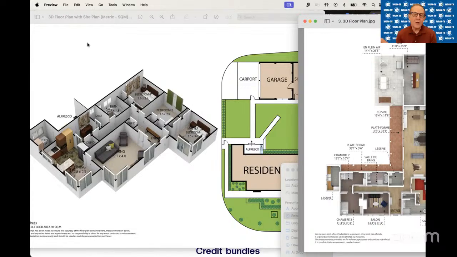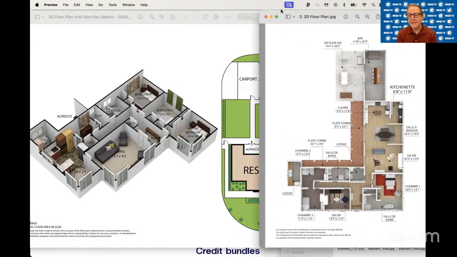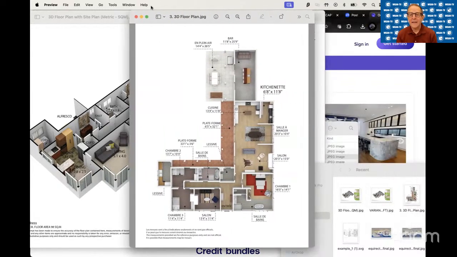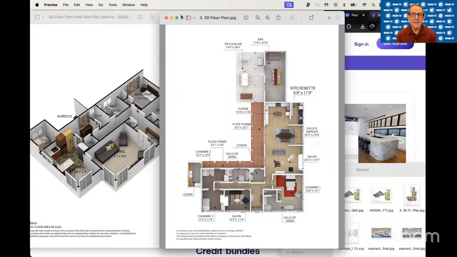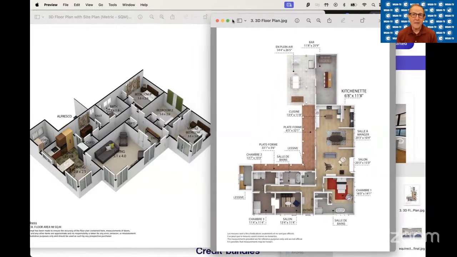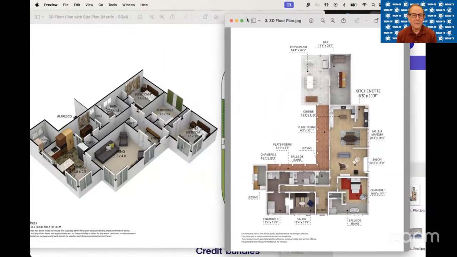Okay, and looking at the 3D plan and the site plan, can you just give us some idea of cost, turnaround time, what the deliverables are, how much flexibility there is on features? Yeah, absolutely. In terms of turnaround time, 12 to 24 hours. It's usually closer to 12, to be honest. But depending on the size of the model and the property, it can extend slightly. And as I mentioned, we do have those expedited options.